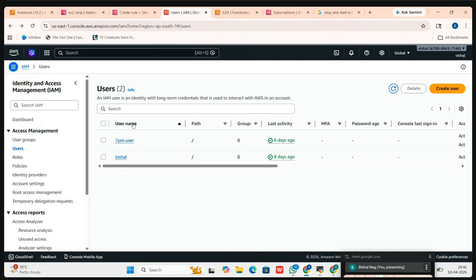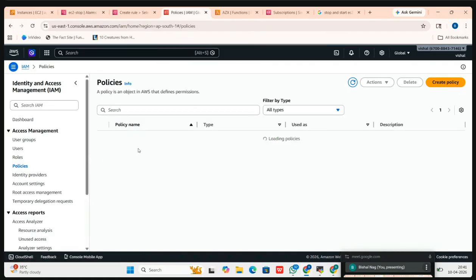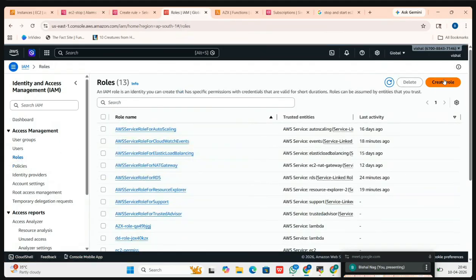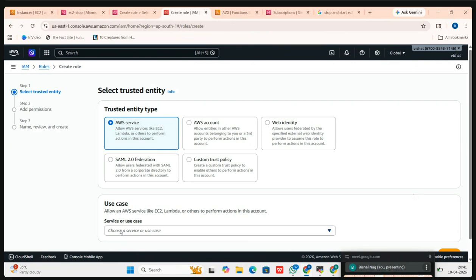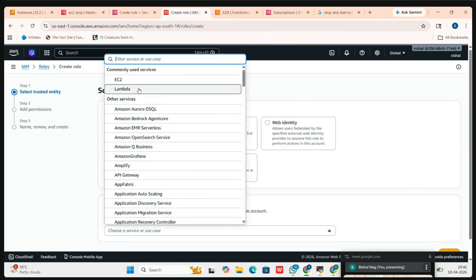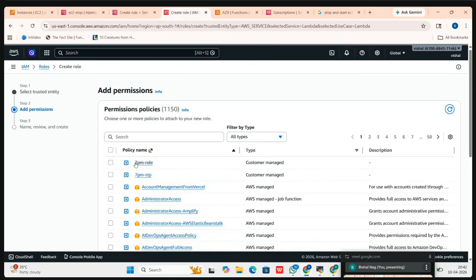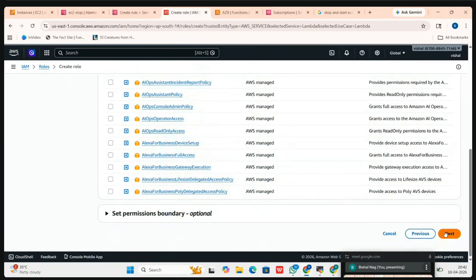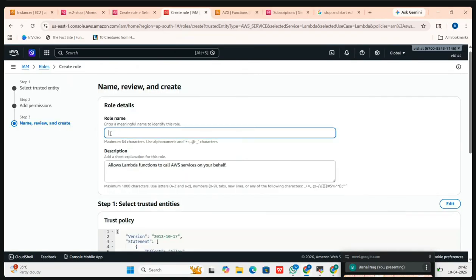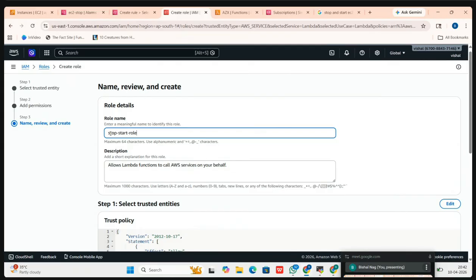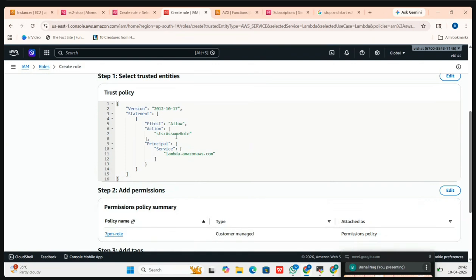यहाँ पे तो मैंने पॉलिसीज क्रिएट किया ऑनली, शायद पॉलिसीज क्रिएट कर लिया, पर अभी रोल भी तो क्रिएट करना है। पॉलिसी देना किसको है? अभी इस पे देना है ट्रस्टेड एंटिटी किसको, कौन होगा? लैम्डा। अभी नेक्स्ट करके यहाँ पे 7 PM रोल को ऐड करना है, नेक्स्ट करना है, एंटर करना है, स्टॉप स्टार्ट रोल। रोल ऐसे देना है। ये ऑलरेडी देखो यहाँ पे JSON कोड क्रिएट हो गया है, ठीक है।